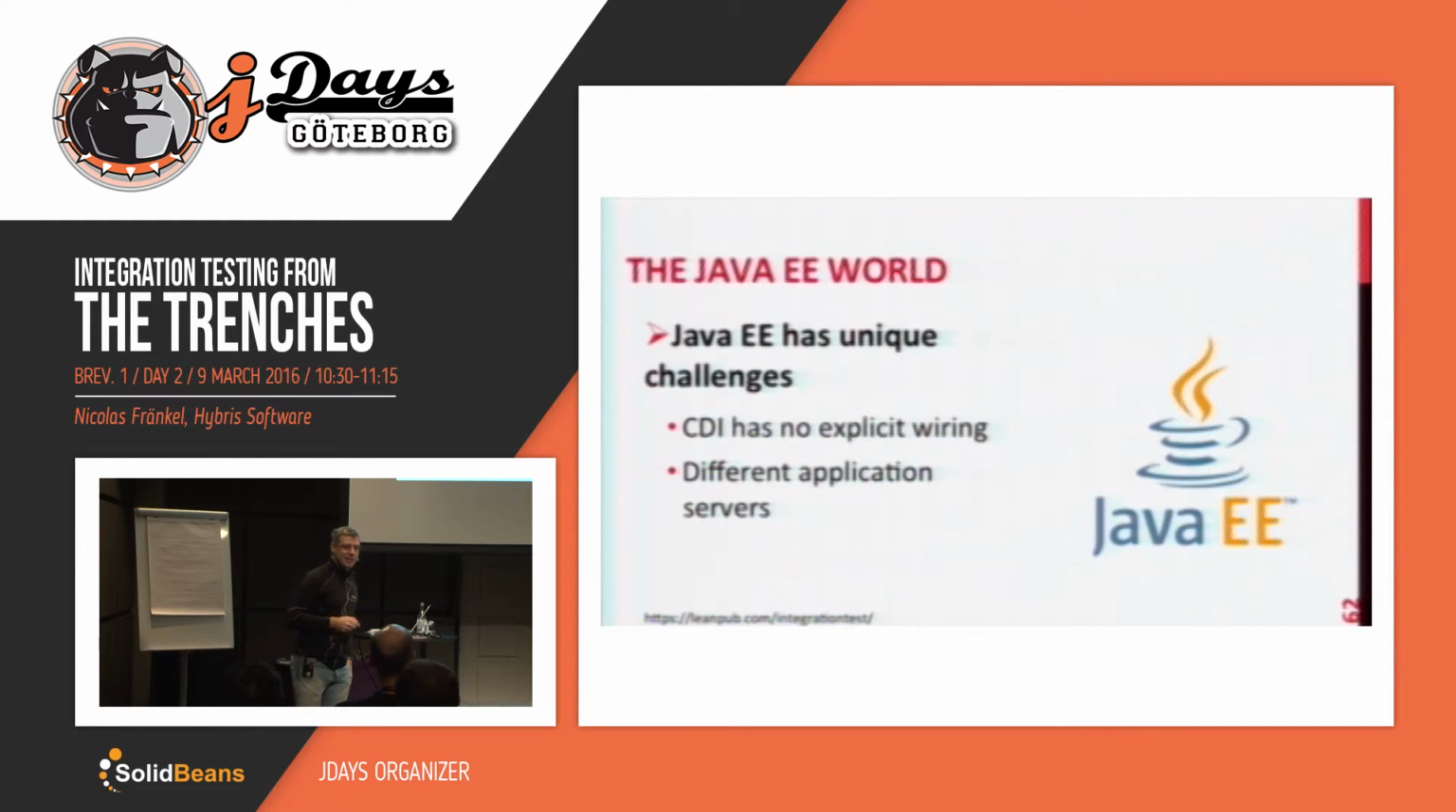Java EE, through CDI, has no explicit dependency wiring. So it's magical. Whatever is there, is there. And you have the Highlander rule, like there can be only one. If it finds none, or if it finds two, it breaks. Another problem